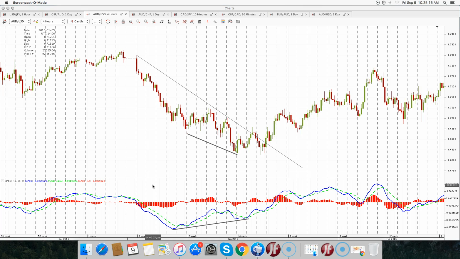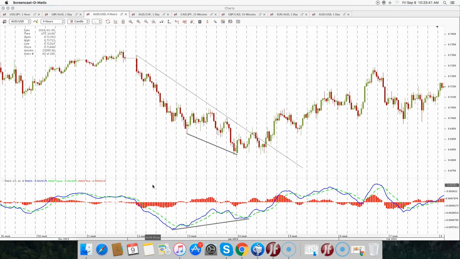And today's lesson is part 2 on how to find the best trade setups, the high probability trade setups. It's simply just looking at different time frames and finding clues on each time frame that can support one another. And for example, on this trade on Aussie dollar back in January of